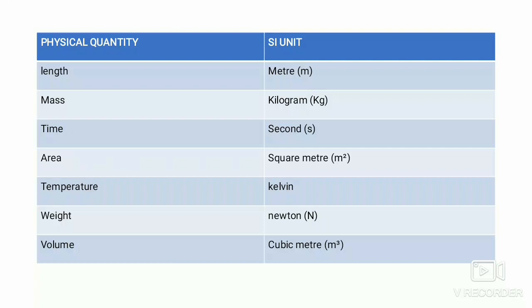Let us study more about SI units. The full form of SI units is International System of Units. It is also known as the metric system. In earlier times, people used body parts to measure length. Since the length of the body parts varied from person to person, the result was always different. To overcome this, one standard unit to measure a particular physical quantity was introduced. This system of measurement is called the metric system, which is accepted worldwide and is more commonly known as the International System of Units or SI system.